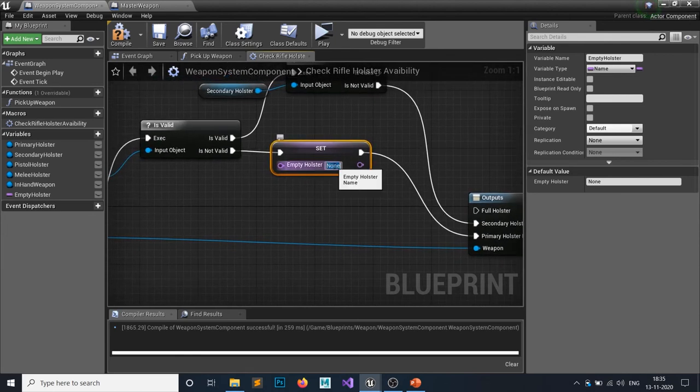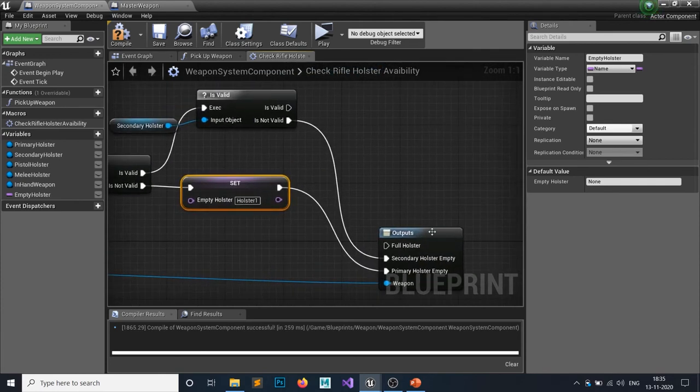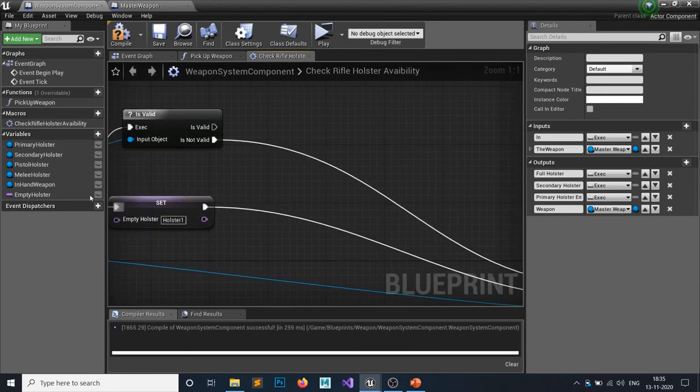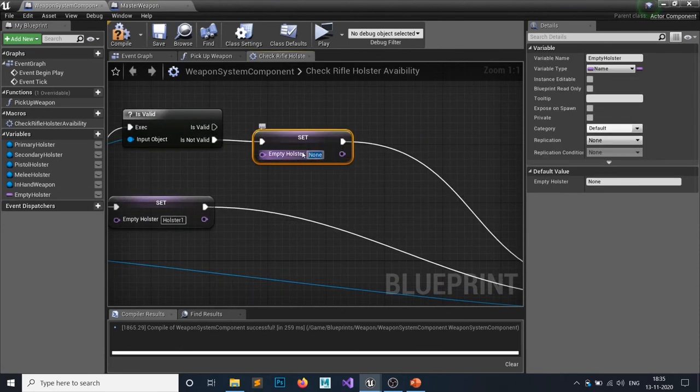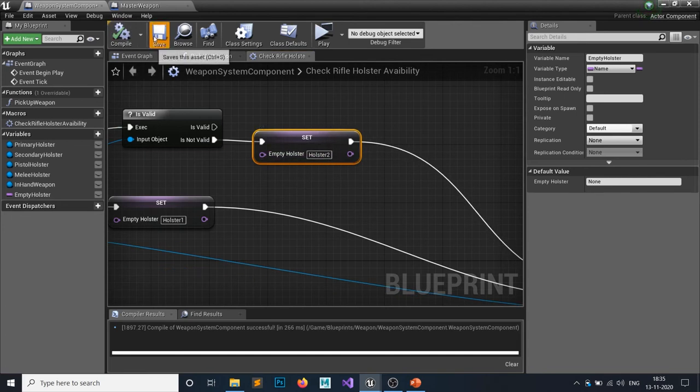So set this to holster 1, which is your primary holster you named. Okay, let's make some room here. If it is full but this is empty, then I will call it holster 2. Hit compile and save and leave it as it is. We're going to code something more in here.